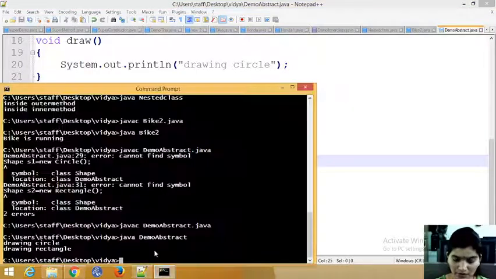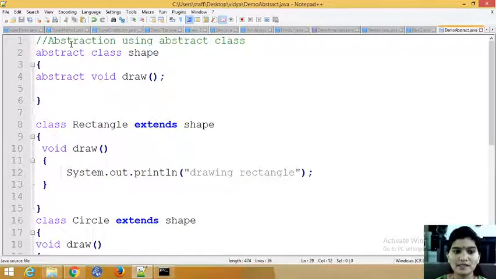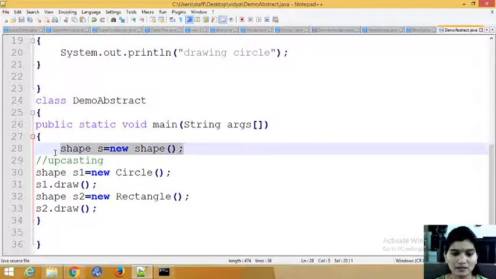You cannot instantiate. It is going to give an error because it is abstract. Instantiation should not happen because you are making your class abstract. If you make a class abstract, you can't create an object of it. That is the main thing.